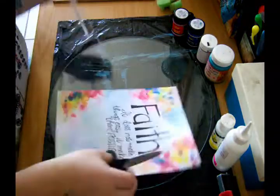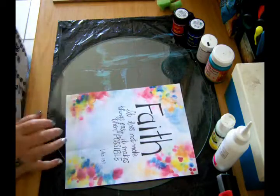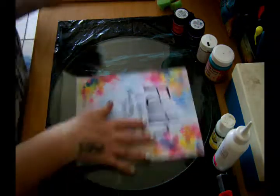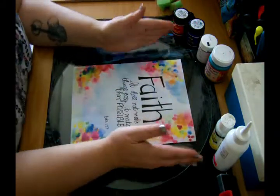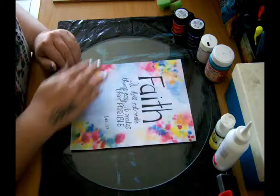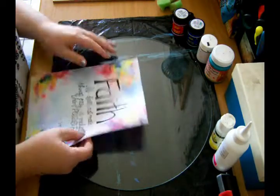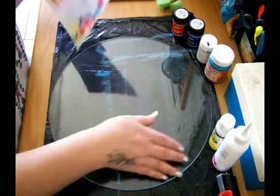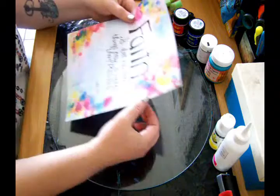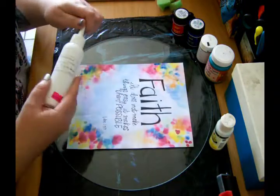When you've cut the picture out, then you can throw away the excess paper. If you want to, you can always cut the edges off, or you can use those fancy scissors to make patterns on the side, but I'm just doing it plain. And also you just need to make sure that there's no dirt or dust or anything on your plate and on your picture. Right, so now I need to take my Mod Podge